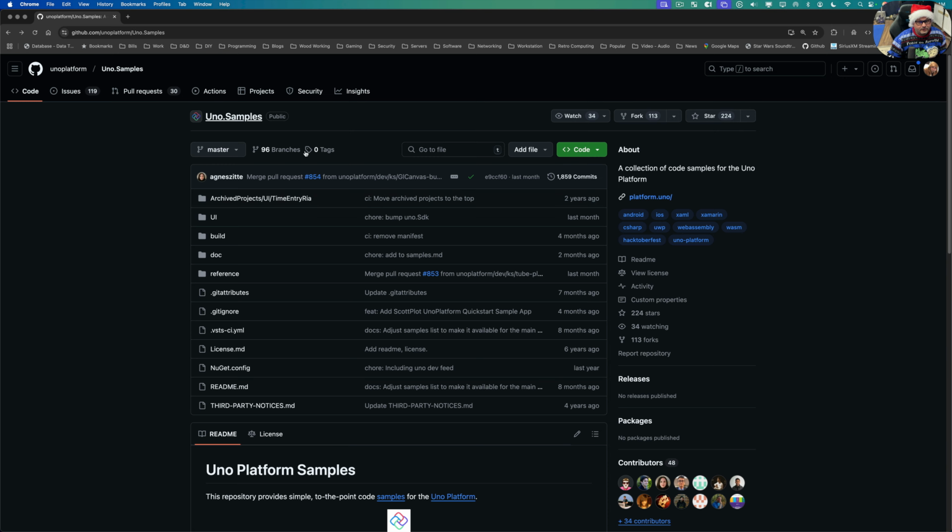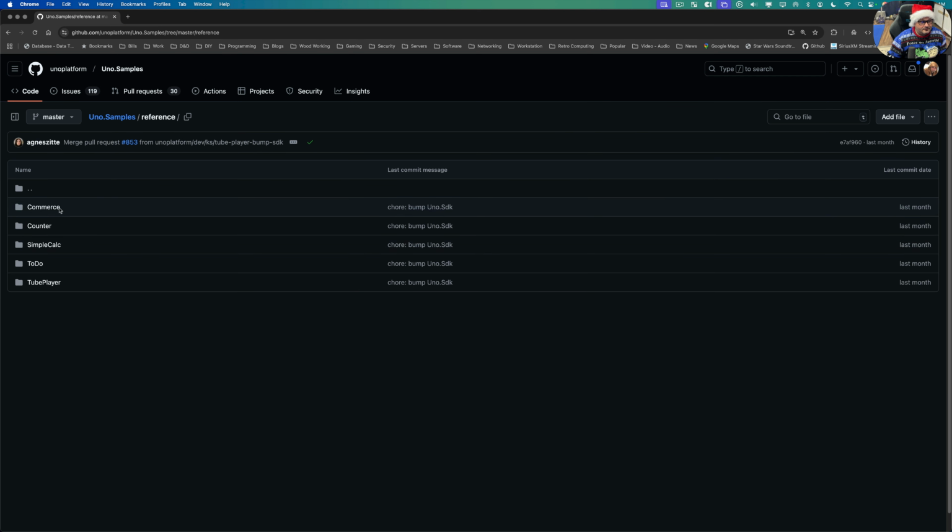The other thing I wanted to show is just how cool Uno really is if you want to learn it. So it's based on XAML. It's very similar to Microsoft XAML. It's actually WinUI XAML, if I remember right. And what you can do is you can go to github.com/unoplatform/Uno.Samples. Okay. And in here, just download this whole repo because it's got a bunch of different sample apps